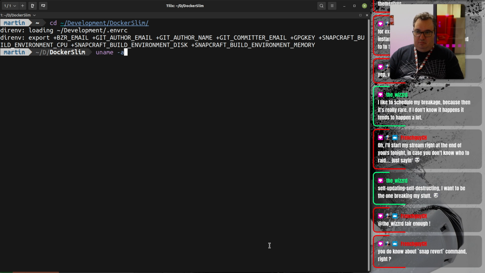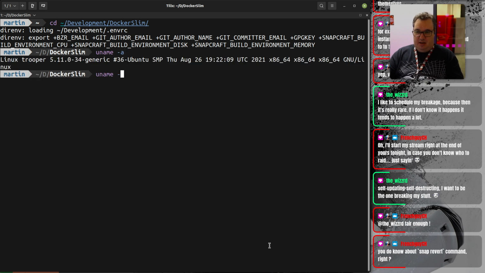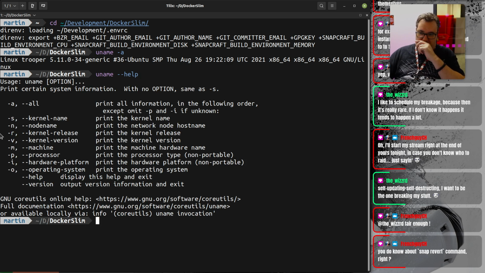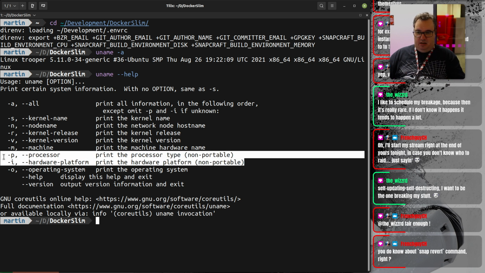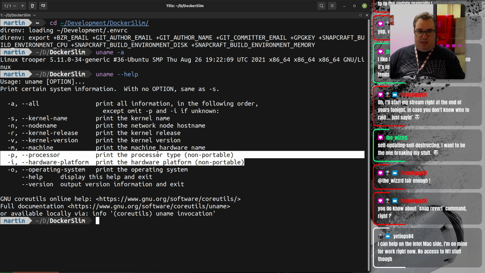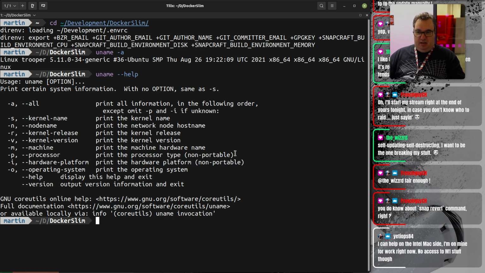If we do uname -a, minus help, we can see that we can get the machine, the processor, and the kernel name. I was interested in if the hardware platform would come back, but you can see here these are non-portable. So actually dodging the P and I flags, I isn't implemented at all in macOS. And we can see here the processor is non-portable, so I should probably stick to using the kernel name